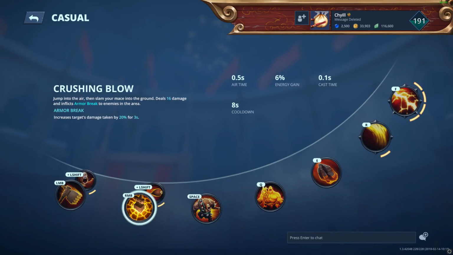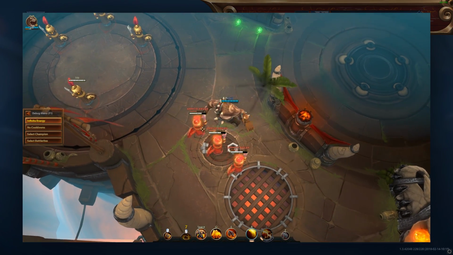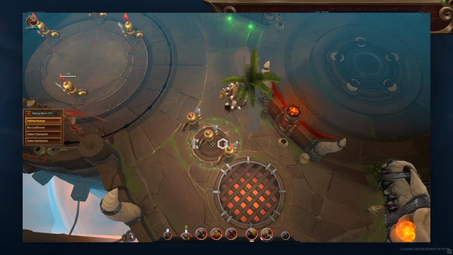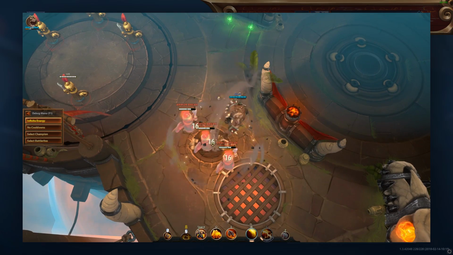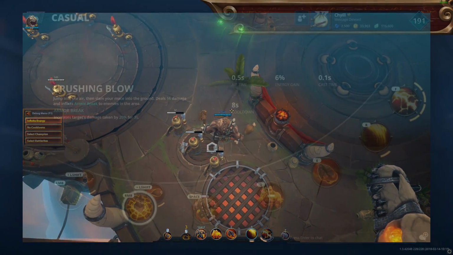Moving on, Rook's mouse 2 ability is Crushing Blow, and this is one of Rook's main invincibility frame or iframe abilities. What it does is Rook will jump into the air and then slam his mace into the ground, dealing 16 damage to all enemies in a small area in front of him, and also applying the armor break debuff to all of them. The armor break debuff increases the target's damage taken by 20% for 3 seconds, and so it is extremely useful to apply the debuff onto an enemy that you are trying to burst down together with